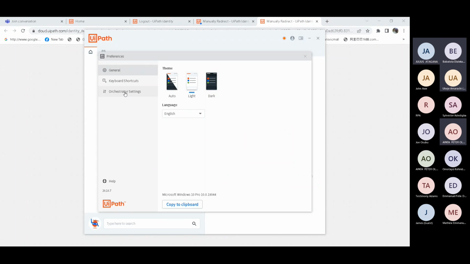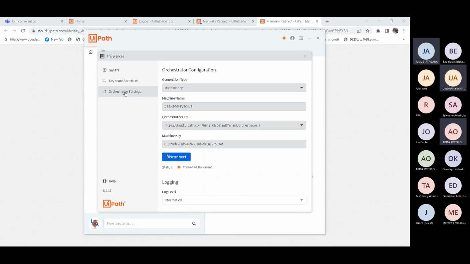Okay. Orchestrator settings. Okay, it's showing connected. It's showing unattended. So we could check your machine key, what you actually configured in the orchestrator.